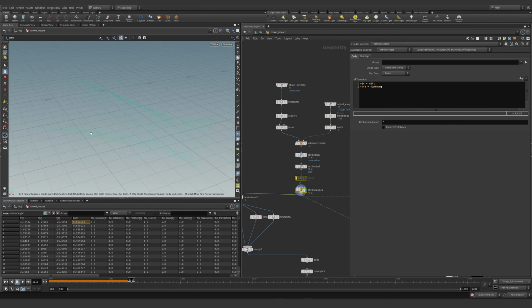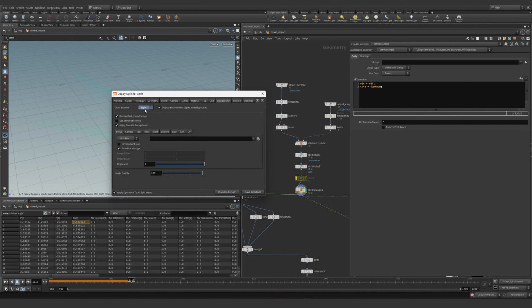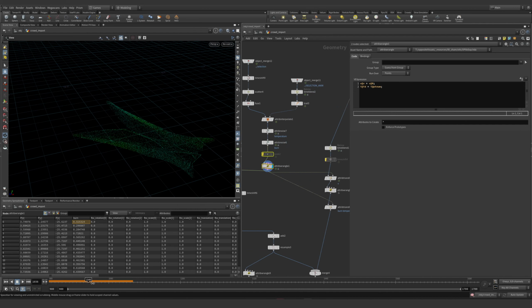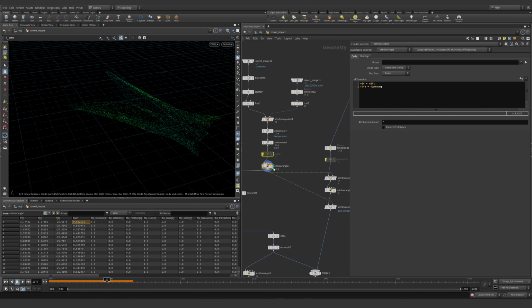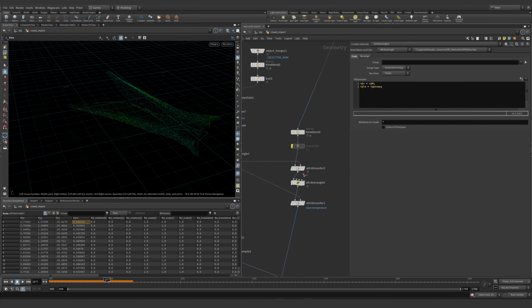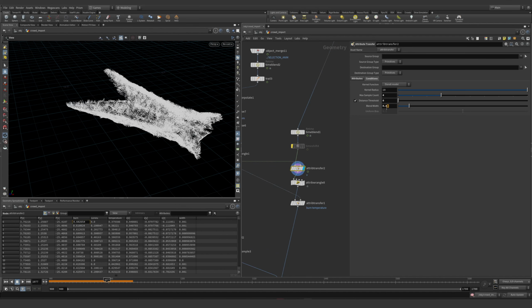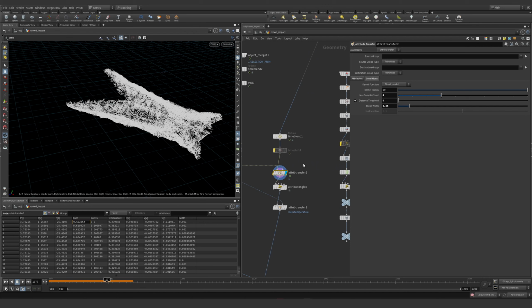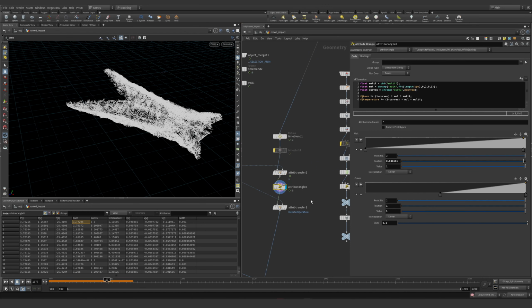But it doesn't matter. There are some points here. Let's at least turn it on dark so we can see better. Yes, here we are. These are the points which have some noise working, and I'm transferring this velocity onto the first part of the simulation. I transferred the velocity from these points to the simulation because the simulation was too noisy for me in velocity